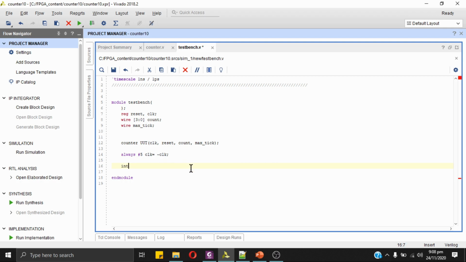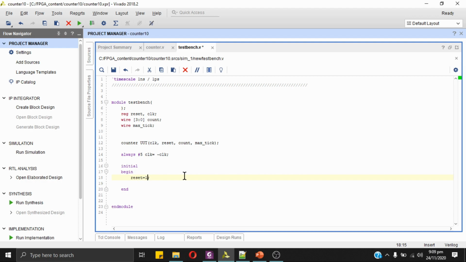Then I will use the initial block, initial begin and end. What I will do right now is reset my design. A reset can be applied as reset is negative edge triggered.